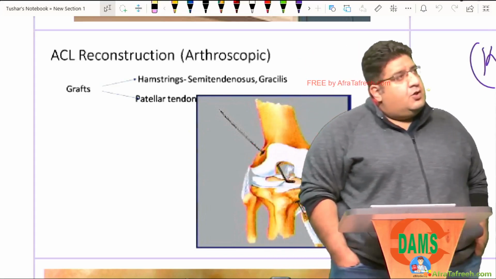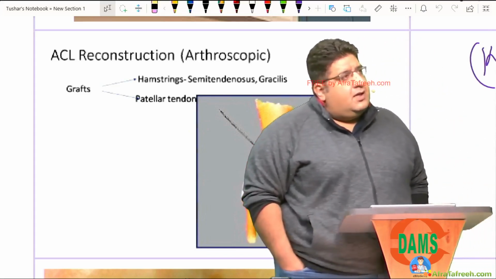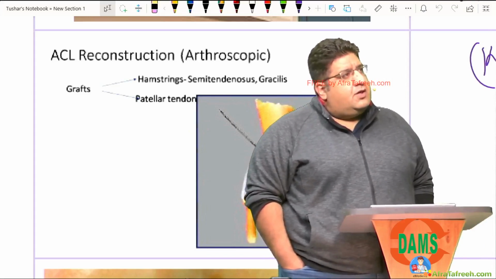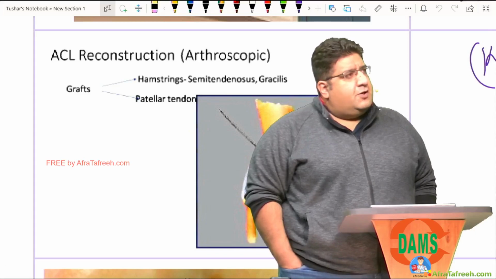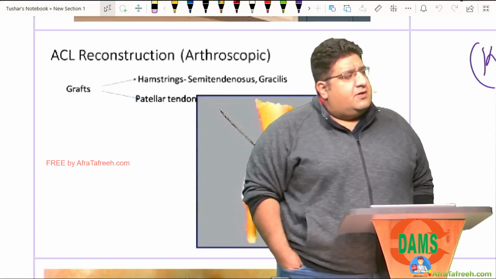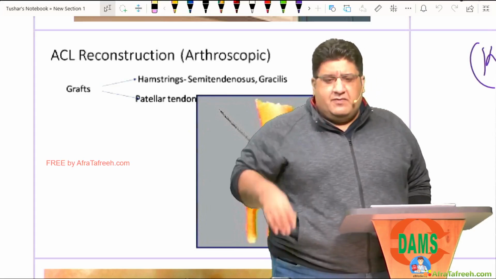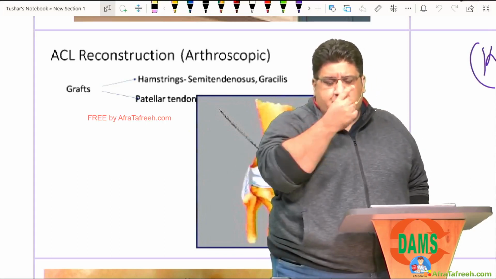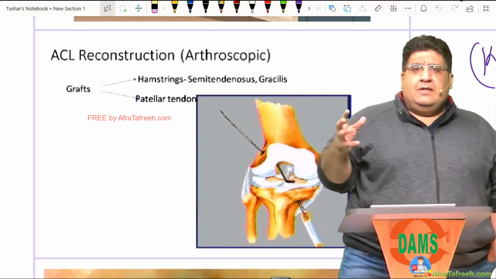So I looked at the MRI and I was trying to figure out which part of the body this MRI was of. Oh yeah, I know, it is the knee. And I was just trying to figure out a few things. Then I looked at the other film. Sometimes I was looking at the film, sometimes I was looking at her. And meanwhile, my senior, that orthopedic teacher of mine, the arthroscopy unit head, he came inside.